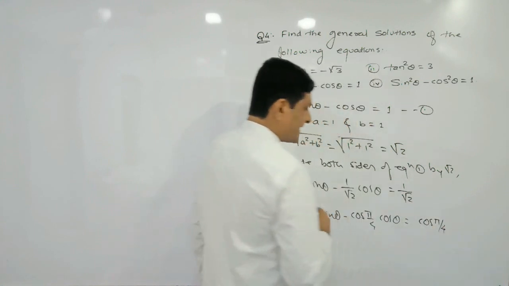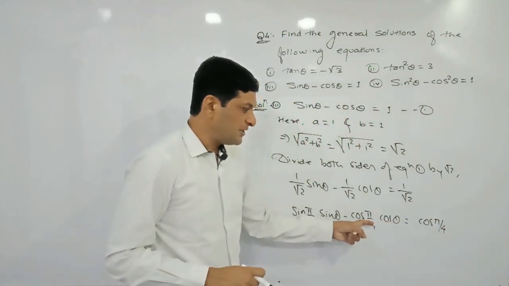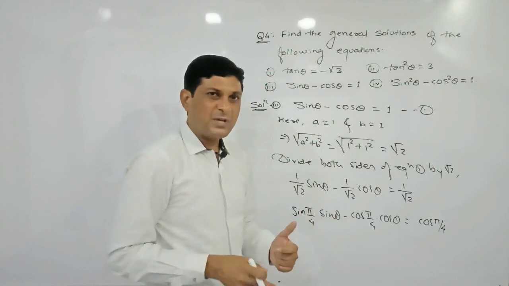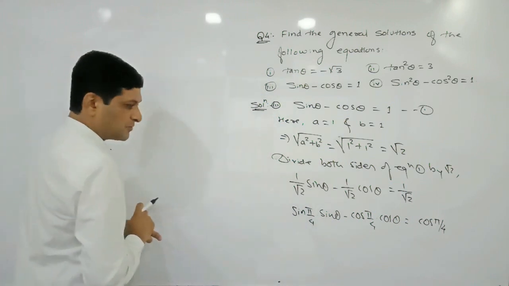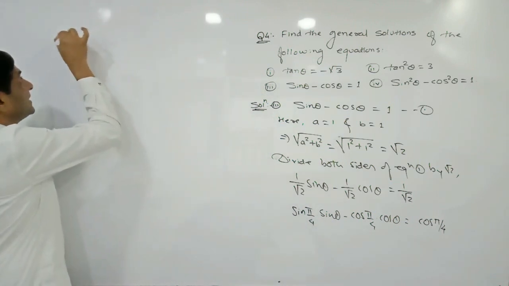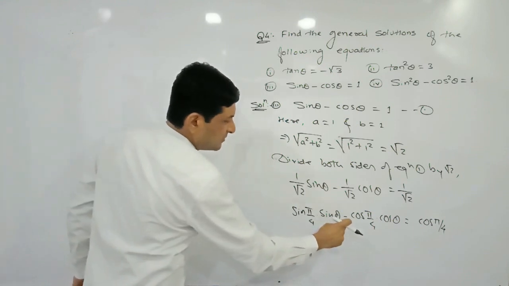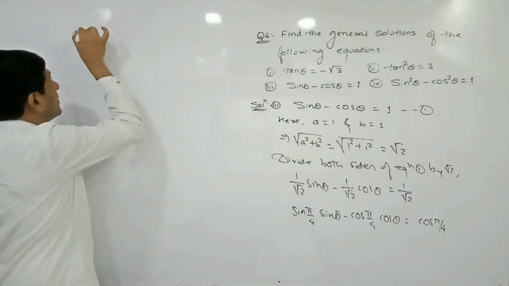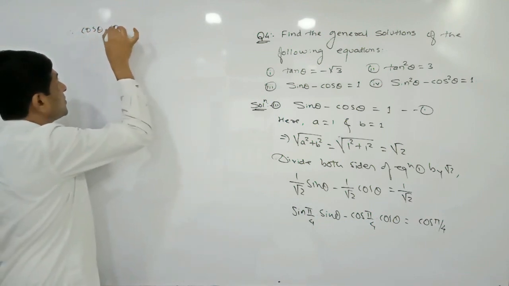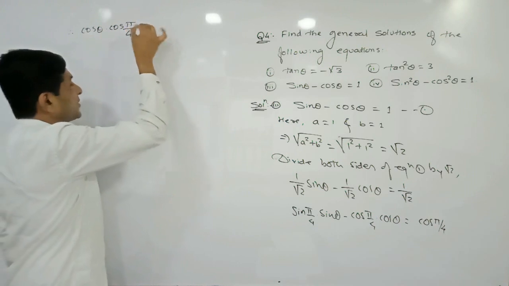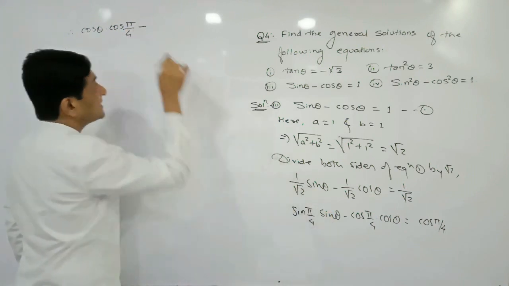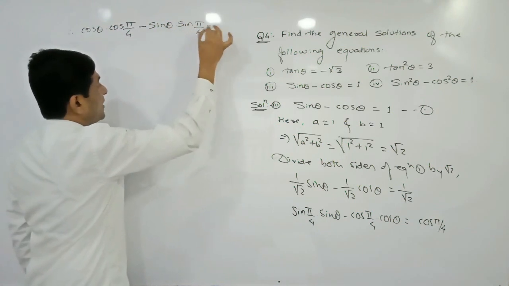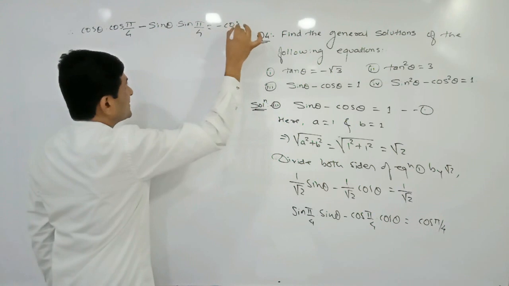Okay, now to arrange the term in the form of cos A into cos B minus sin A into sin B, since minus is there, we are multiplying both sides by minus. Let us see what we will get. If we multiply by minus, the negative term will become positive, so first write down the positive term: cos theta into cos pi by 4. The positive term will become negative, so we will get sin theta into sin pi by 4, and on that side we will get minus cos pi by 4.